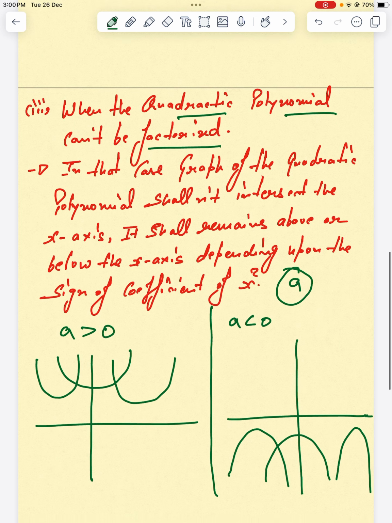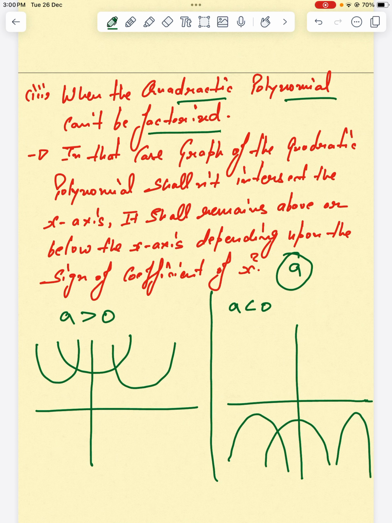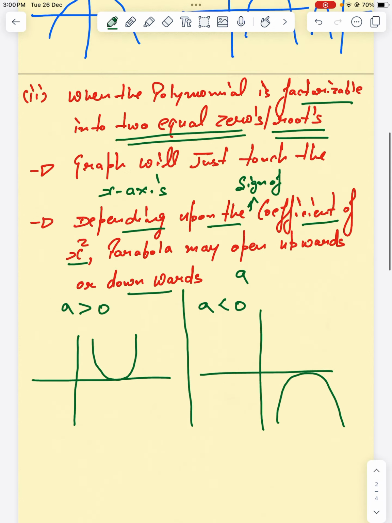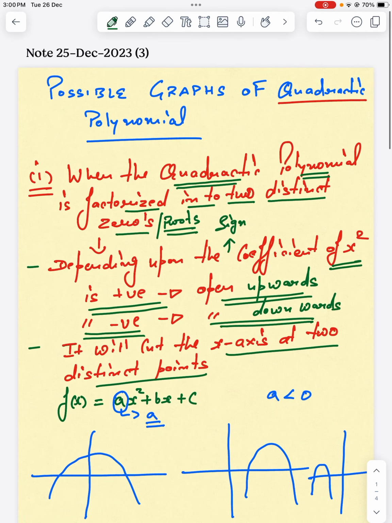So in this session we have learned the three different possible cases for the graph of the quadratic polynomial, depending upon whether the quadratic polynomial is factorizable or not. I hope this will be helpful for your preparation of